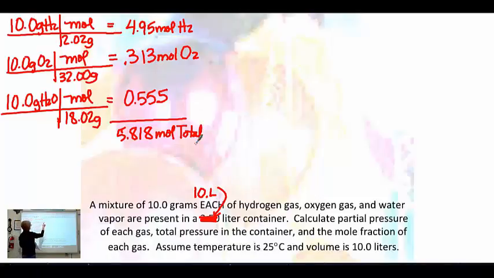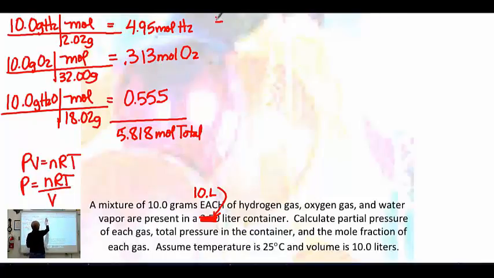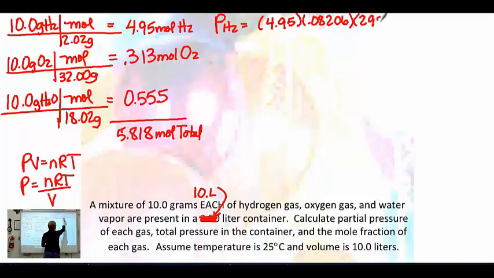Now I'm going to get the pressure. I know that PV equals nRT, so my pressure is going to be nRT over V. So for the first one, my pressure of hydrogen is going to equal 4.95, 0.08206, my temperature was 298, and my volume is 10. So my pressure of hydrogen gas is 12.1